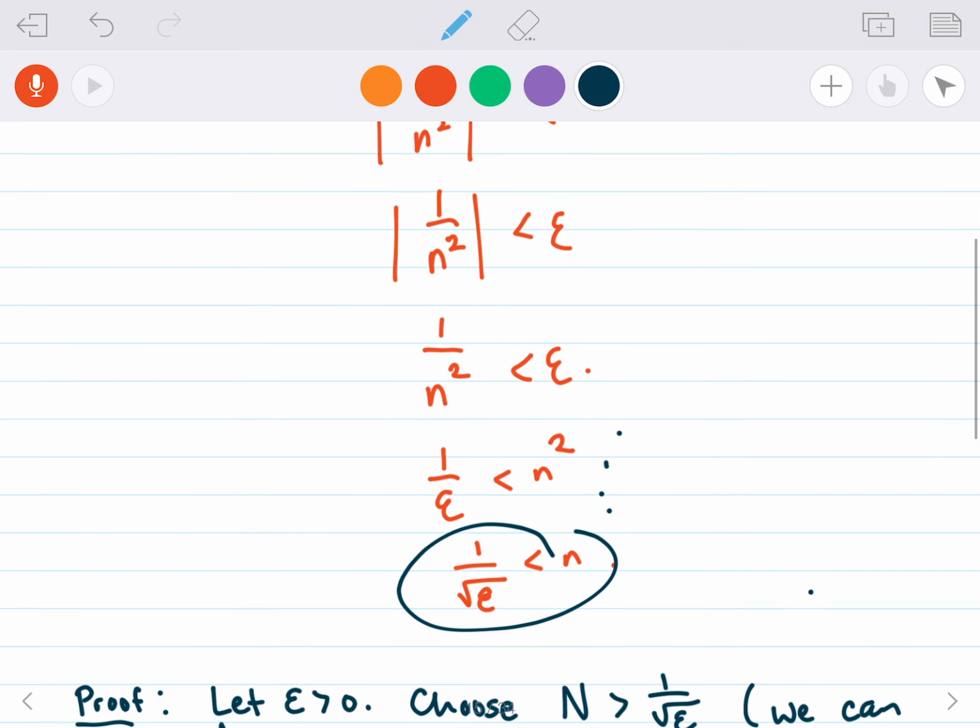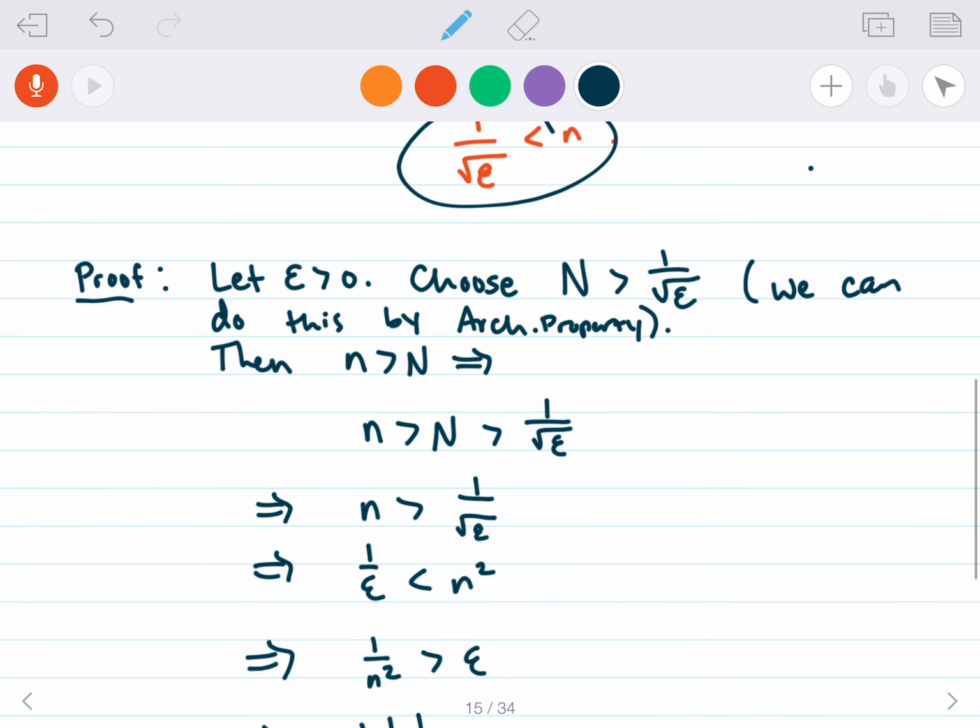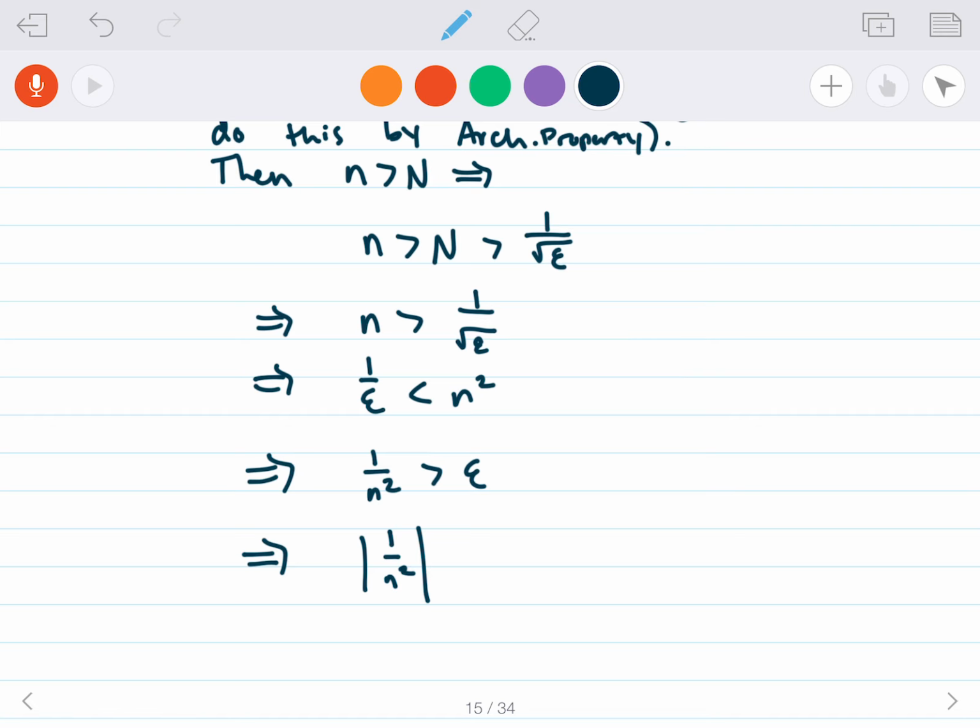Oh wait, did I screw something up? Yeah, I did screw something up right here. This should be 1 over n squared is less than epsilon. Okay. And then this is going to imply that